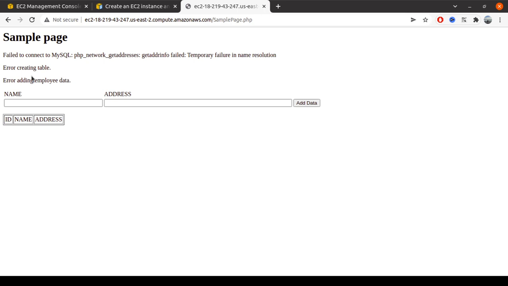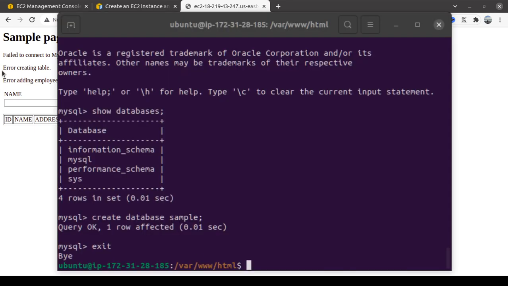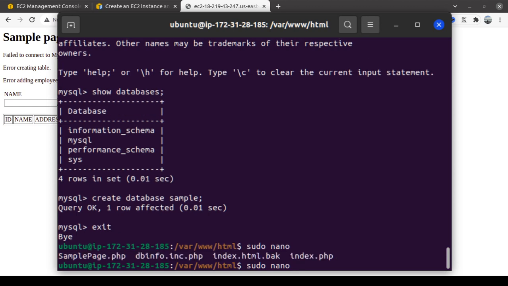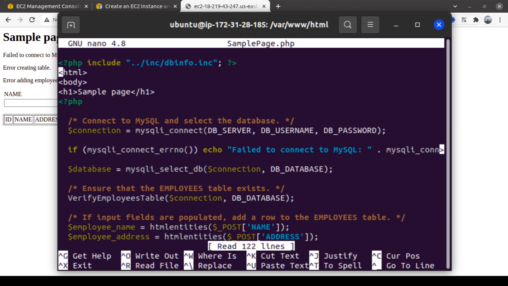Okay, there is some error here, so let's check what the error is. Get address information. Oh, okay, I see. Maybe it's related to the include itself. Sudo nano sample page, right? In this tutorial I actually need to create the include folder.